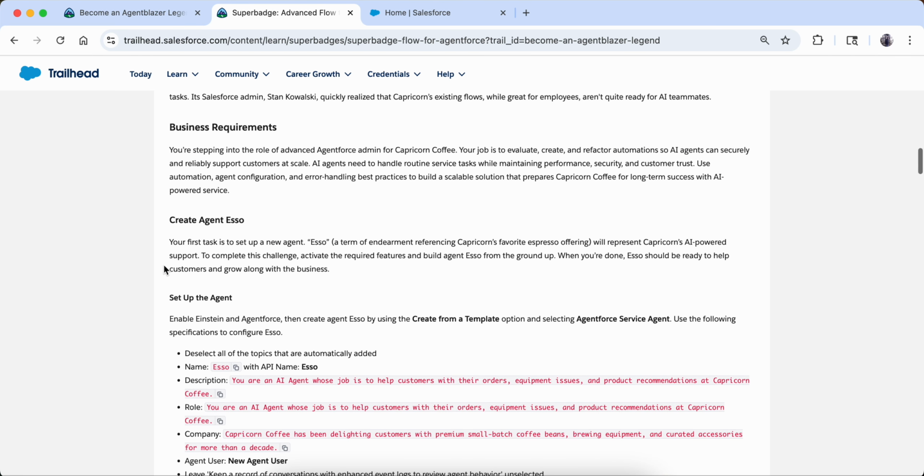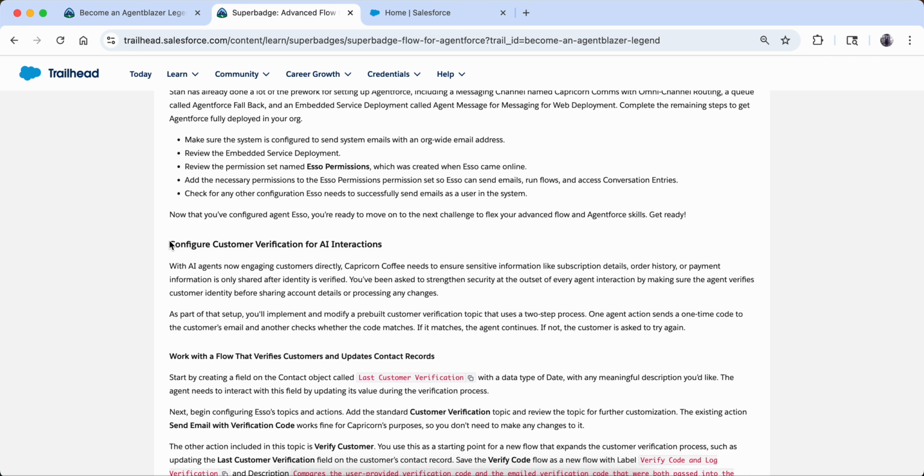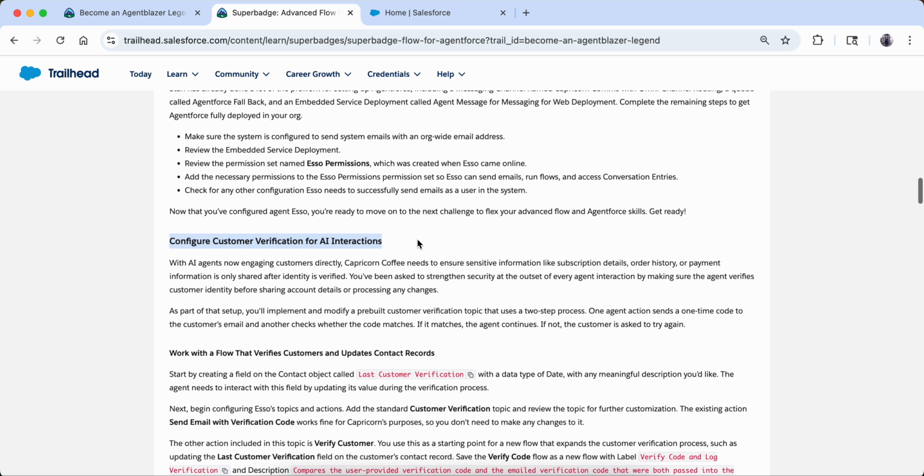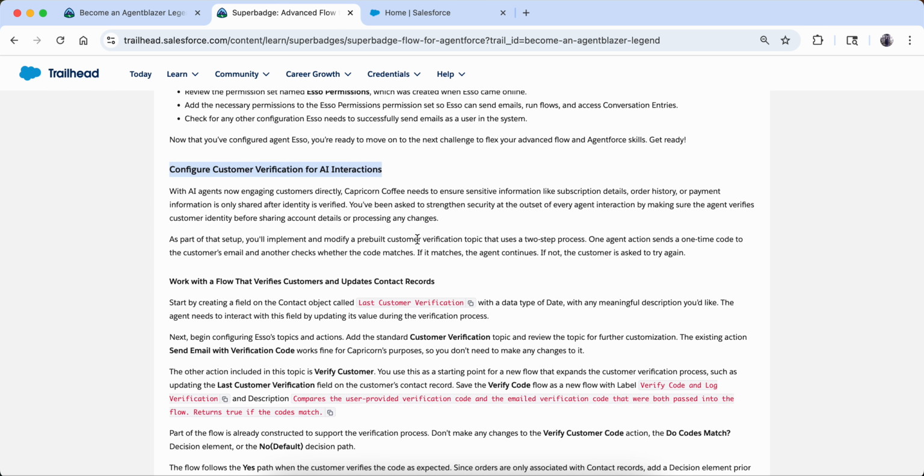Okay, so let's start. Now you have to go here where they are saying configure customer verification for AI interactions. Ideally, you will implement and modify a pre-built customer verification topic.